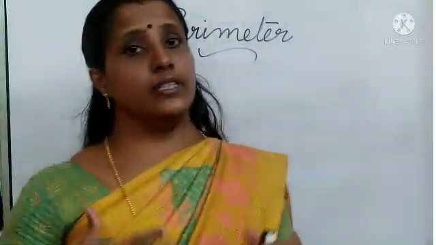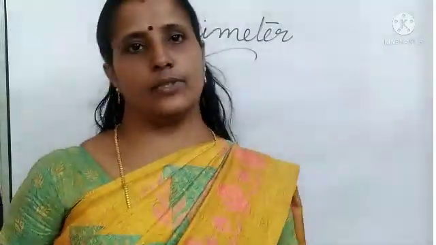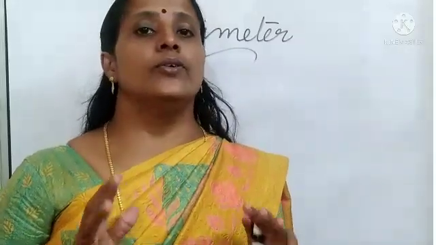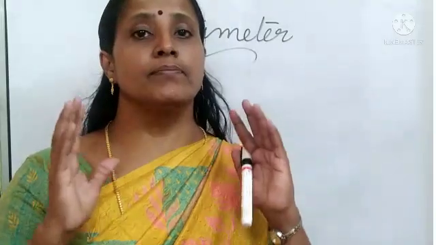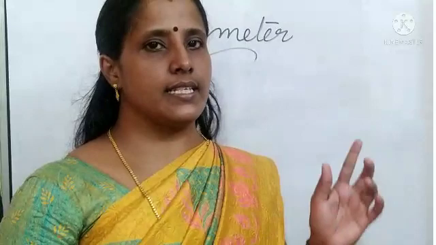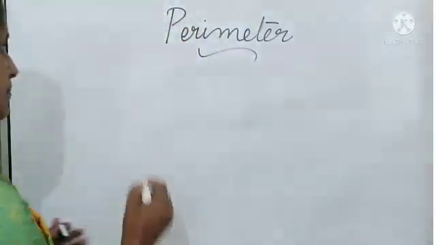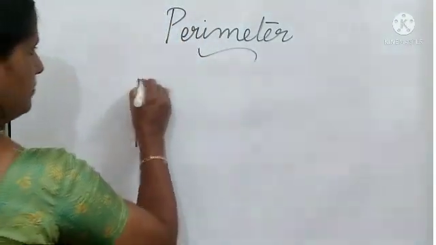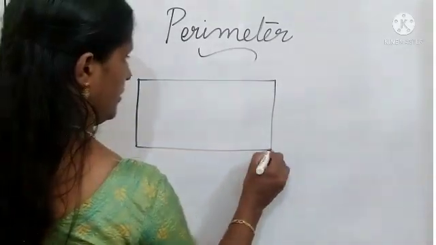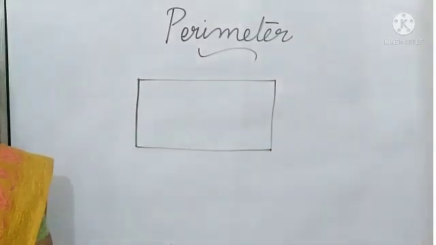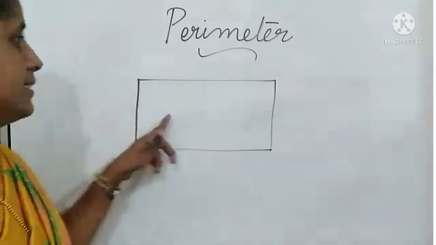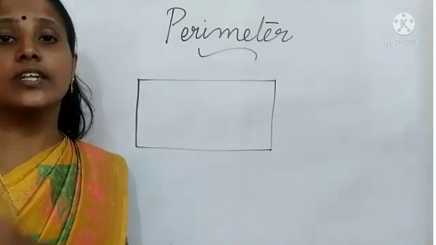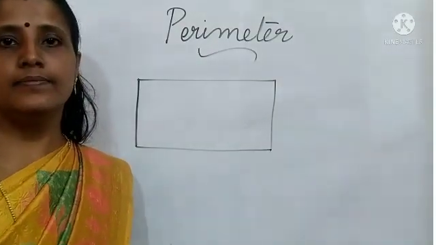In our surroundings we see different types of figures. So we need to find out the perimeter of the given figures. It will become closed. Understand? So one more example I can show here. Do you know which shape this is? Yes, you have to know which shape. Yes, this is a rectangle. What is the specialty of a rectangle?